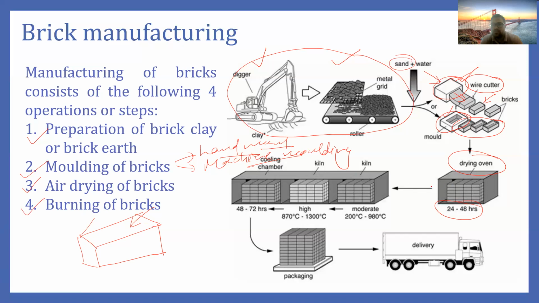So we keep these dry bricks in the kiln. Kiln is also known as bhatta. So we put them in the kiln, and initially we provide a low temperature, and then intermittently, after this we give the high temperature, and after this we allow the bricks to cool. Cooling is done within 2 to 3 days, and once they are cooled, then they are ready to use. So that is the process of brick manufacturing.